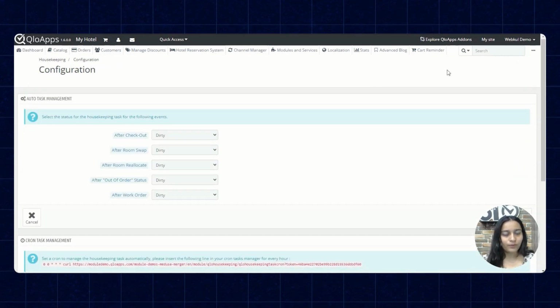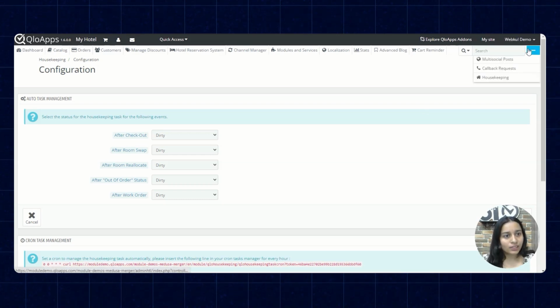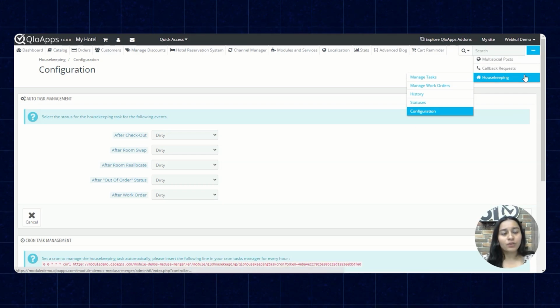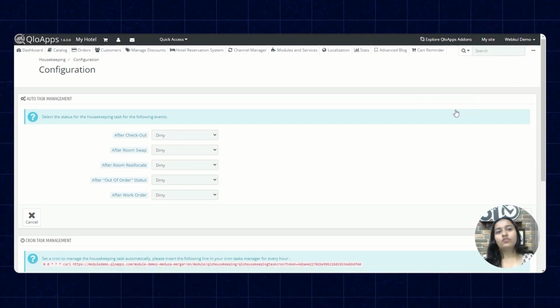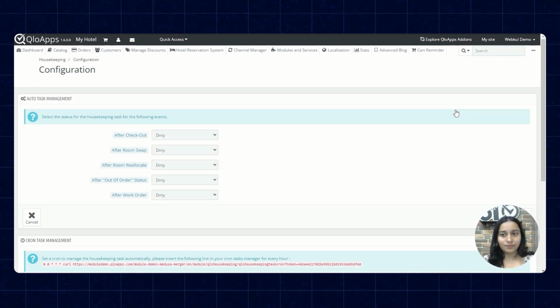The other way in which you can go on the same configuration page is once you install the add-on, a new tab of housekeeping will be displayed to you in the menu bar. You have to simply click on the housekeeping tab and then click on the configuration from the drop down, and from here also you can land on the configuration page.